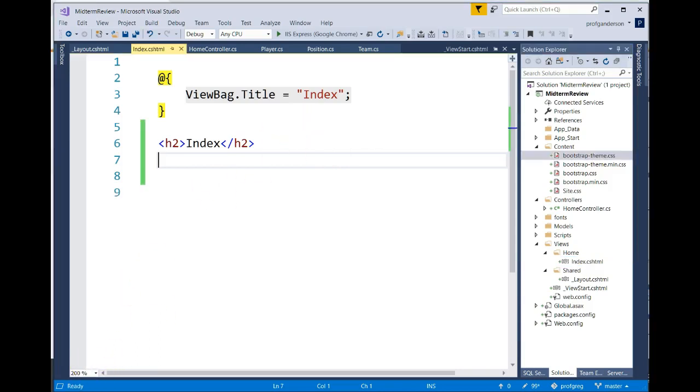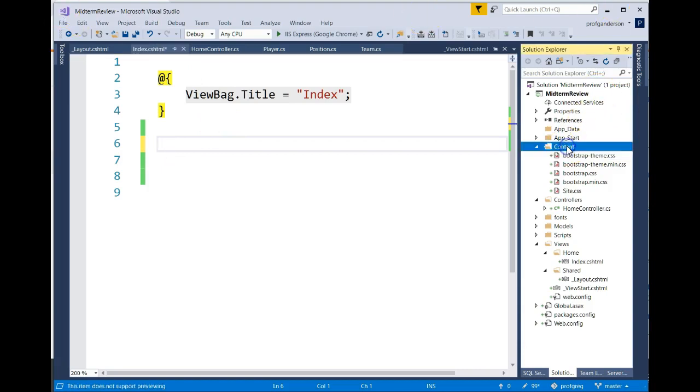So let's go ahead and modify this home page. Now we're not going to worry so much about making it look pretty, but we're just going to do a little bit of work here. And let's go ahead and get rid of that H2 index, and instead let's learn how to drop an image on this page. First thing that I would do is I come over here to my content folder,